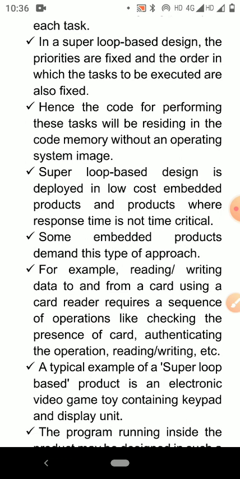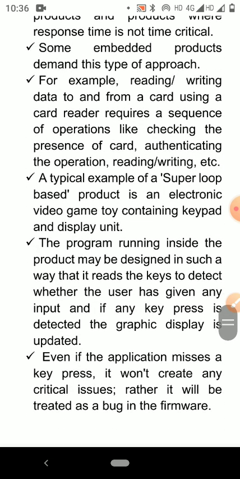Some embedded products demand this type of approach. Example, reading and writing data to and from a card using a card reader requires a sequence of operations like checking the presence of the card, authenticating the operation, reading, writing, etc. A typical example of a super loop based product is an electronic video game toy containing keypad and display unit.